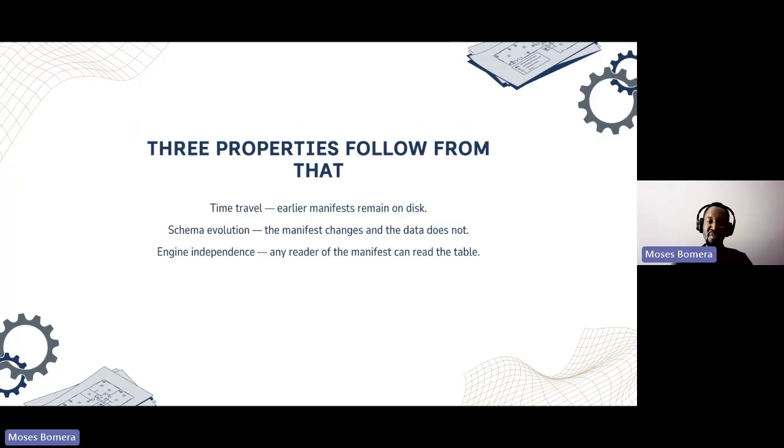Thinking of it the same way as a Git repo, you could literally go back in time and see what the code was when the repo was just created, up to the point of where it is today. The other is schema evolution. So the manifests get edited, but the data doesn't. Think of it as, say you have a table that has 3 columns, and then you add a 4th column.